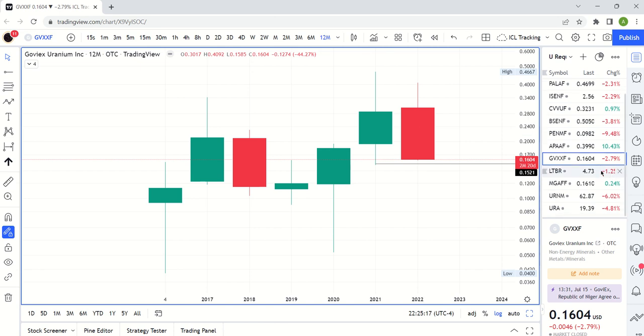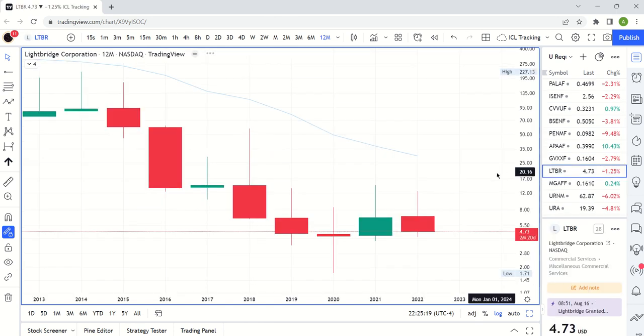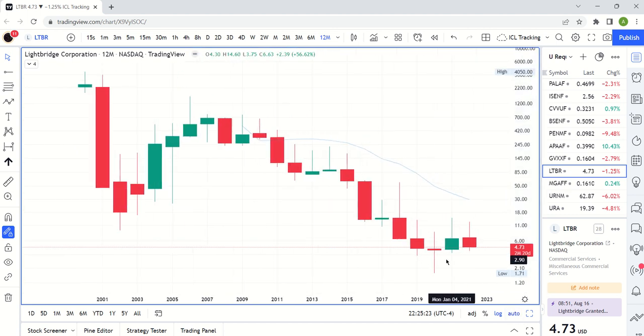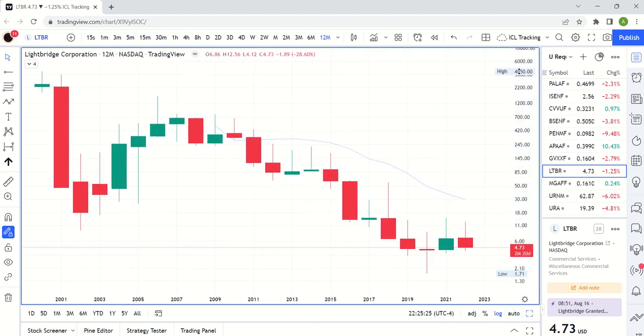If you're looking for something to avoid in the uranium space, Lightbridge Energy, ooh, this thing is in a massive downtrend and massive dilution. You can see the high here was $4,000, and we're here at $4. So this thing is never going back to $4,000. This is an inside year, also pressing the lows a little bit, kind of like GoVX, but not quite